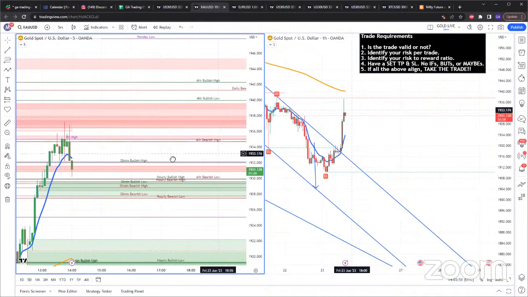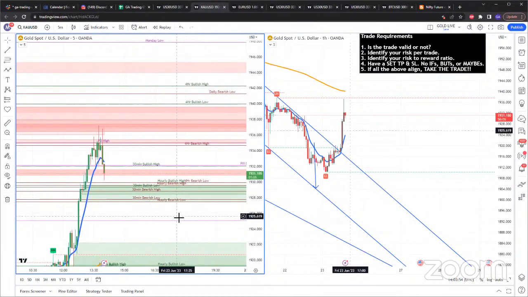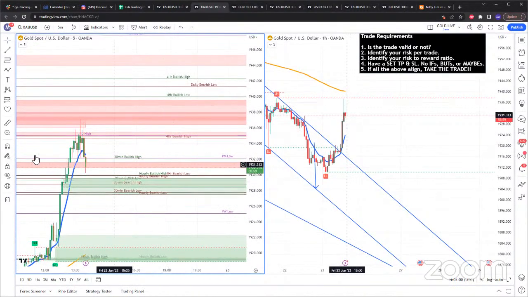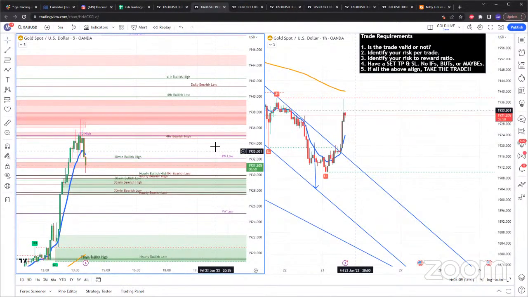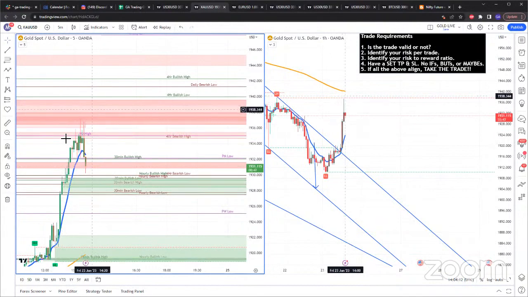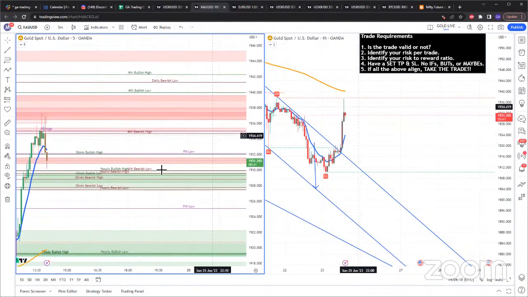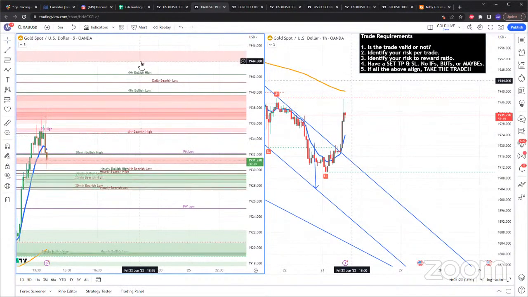But you can see the importance of knowing how to play the order blocks coupled with the supply and demand zone. So here, you see a 4-hour bearish high. If you're really looking to sell gold here, you'd be looking out for sellers sitting here. So you have a higher time frame bearish order block, and then you have sellers seated around there. On the other hand, nowadays I just do a process of elimination. If I have a 4-hour bearish high and a 4-hour bullish high and low out there, I cancel those two out, so I'm not going to look for either a buy or sell. The next thing I would look for is the next high time frame order blocks around there.